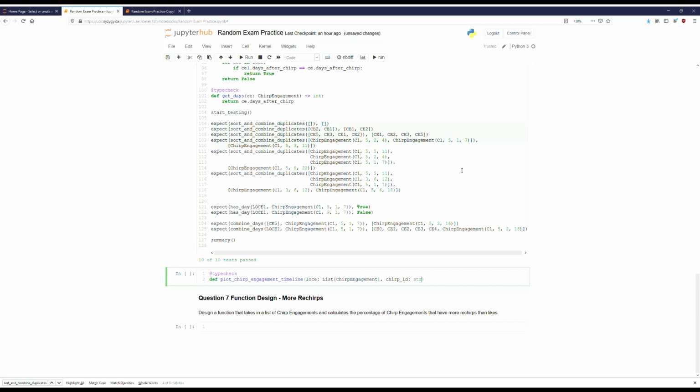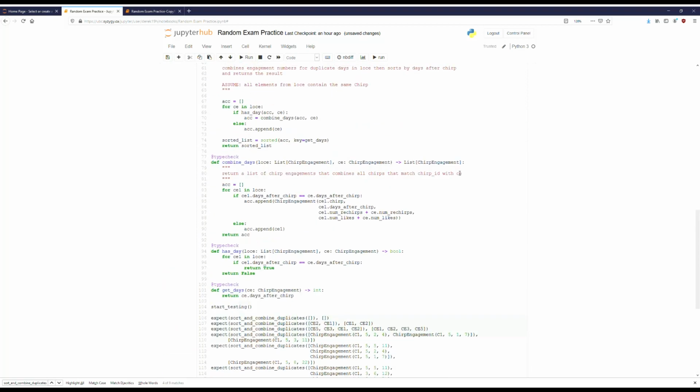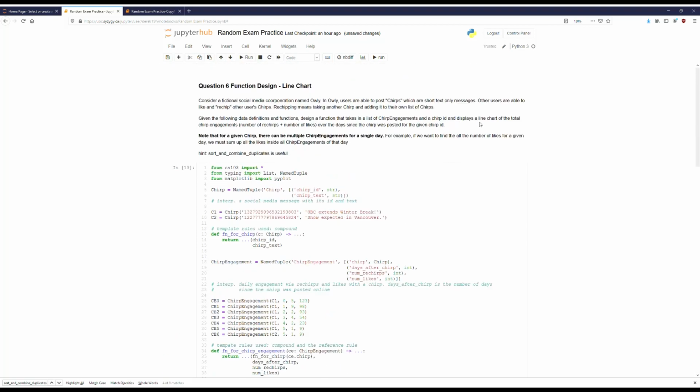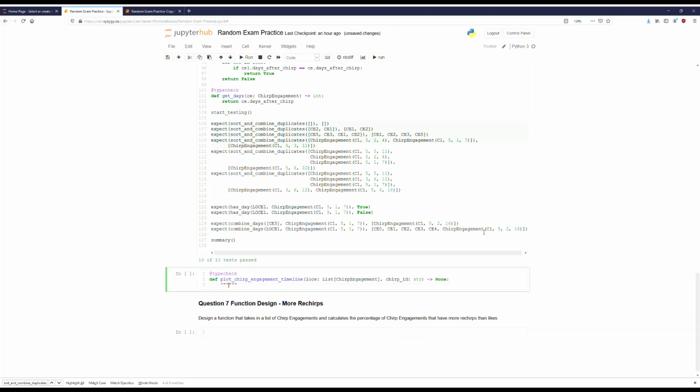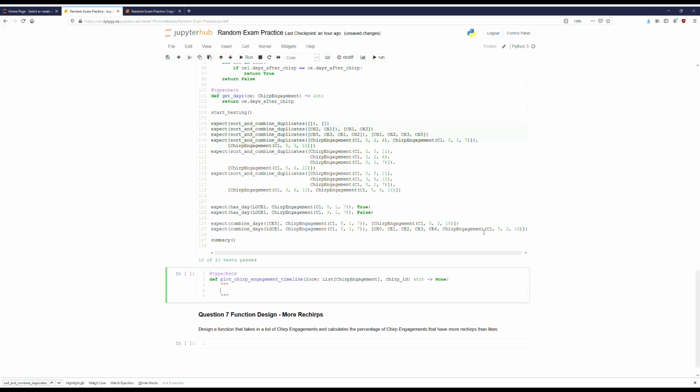Which is a string. And what does it output? It wants to display a line chart. So when we're displaying a line chart, we return none. And then we can start by writing the purpose. Displays a line chart